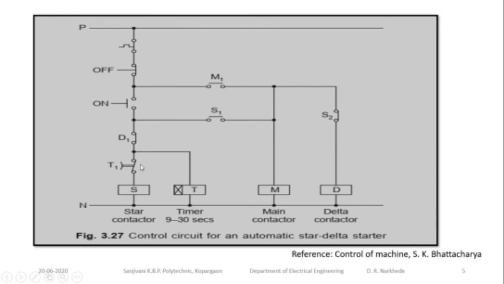Once T1 opens, the star contactor gets de-energized, its S1 auxiliary contact opens, and this path breaks. At the same time the S2 contact closes, and the delta contactor gets energized through the auxiliary contacts of M1 and S2, and the motor runs in delta. So this is the basic working of the automatic star delta starter. The most important element here is the timer, and you need to select